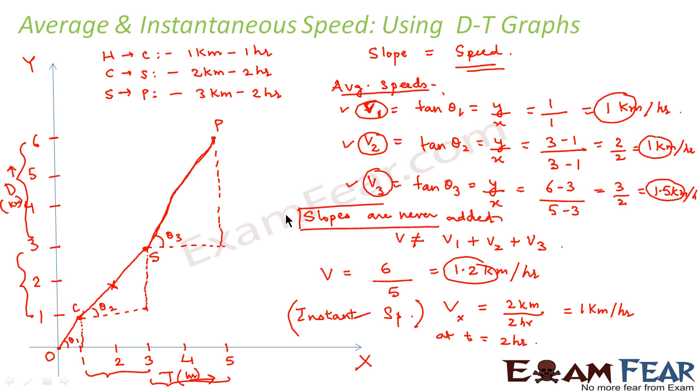So when we talk of average speed, we mean to say that it is a value of speed which is between 2 points, any 2 desired points. When I say instantaneous speed, I mean to say it is the value of speed at a particular time, at a specific point of time. What is the value of speed? So I hope now it is very clear to you what is average speed and what is instantaneous speed.